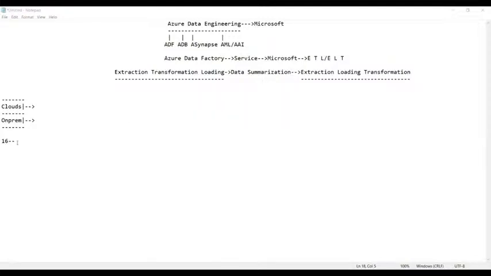Let us say 16 GB is provided with a mobile phone. It means that we can store data up to 16 GB in your mobile phone. Am I right, everyone?